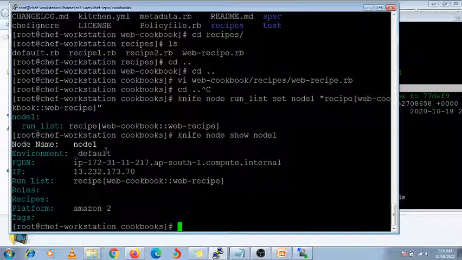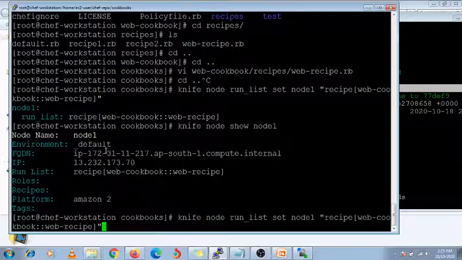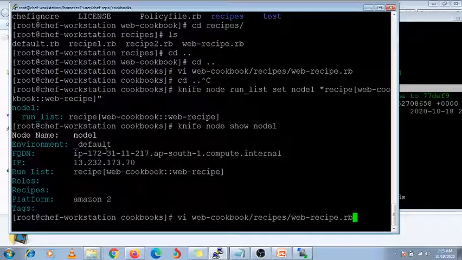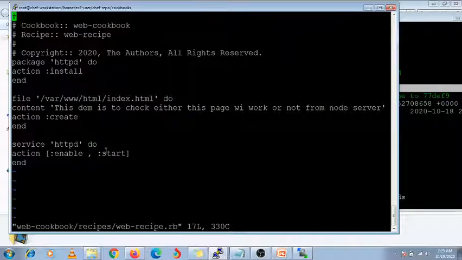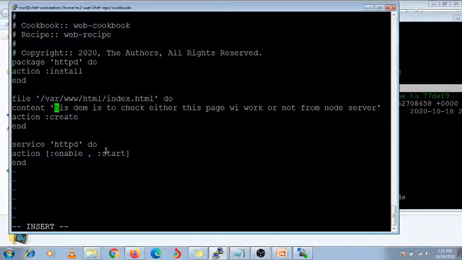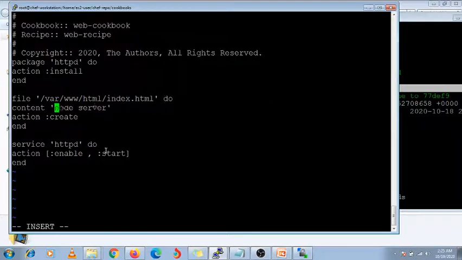Cookbooks. I need to change some content again and run it again. So just go under this web cookbook, recipes, recipe1 recipe.